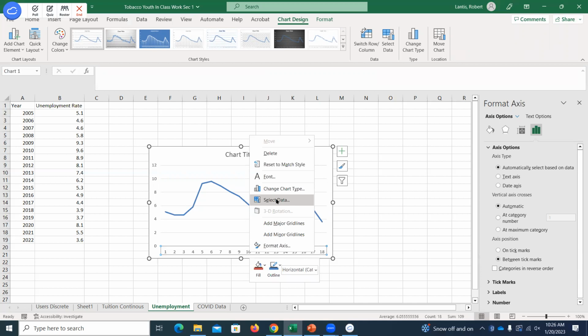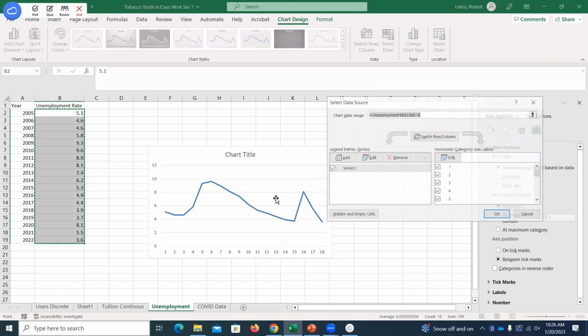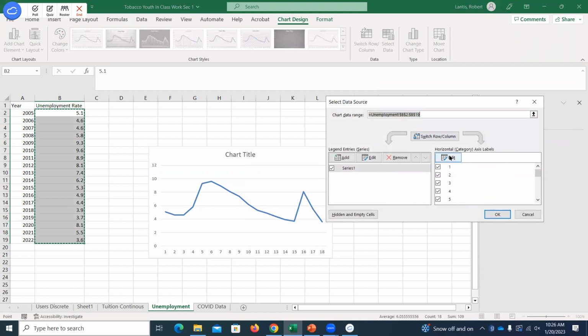I think you have to go to chart options and then it should have it, or maybe if you do have the select data, there should be something that has these horizontal axis labels. It just looks a little bit different than this. It's like a bigger box, and I think it's down towards the bottom, right? But if you're having issues with that on the Mac, I'll post an announcement on my